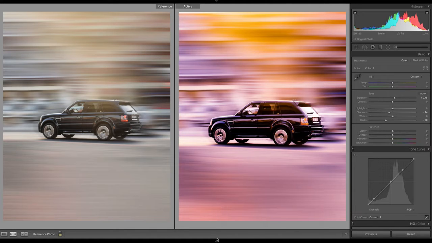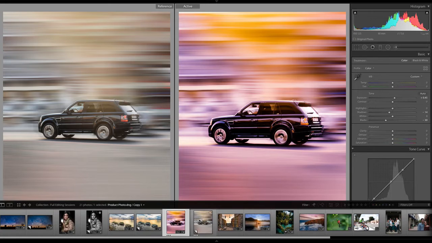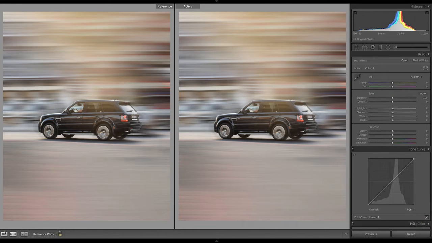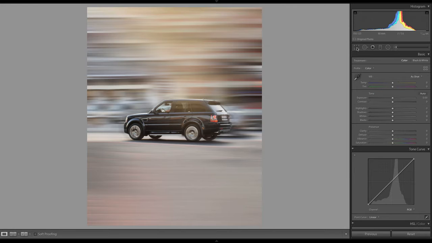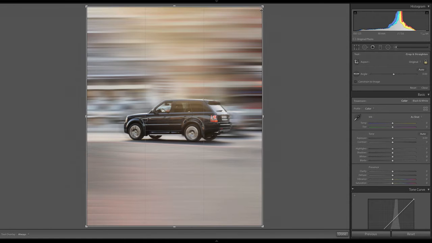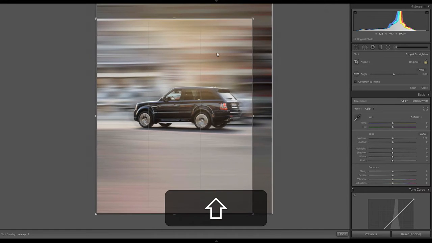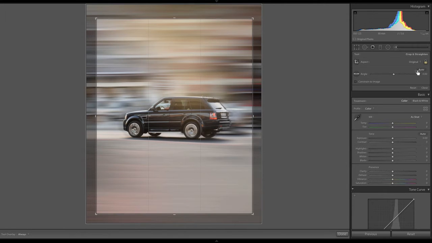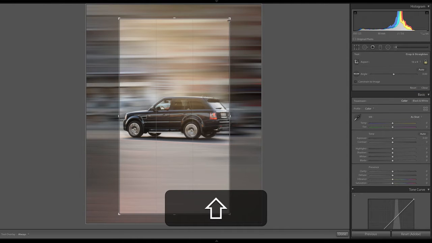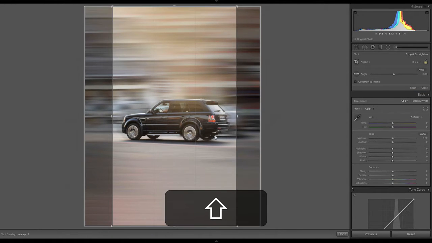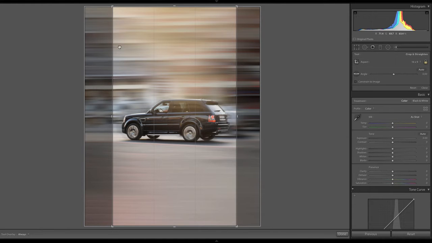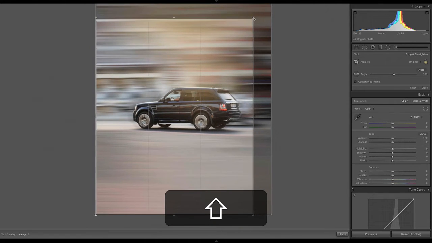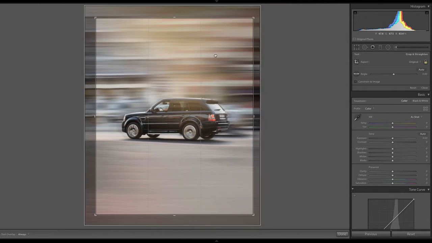So if you want to follow along, make sure that you open up the product photo shot and let's dive right in. So here's the photo we're going to be editing. The first thing I'm going to do is crop in just a little bit, just so we can get a little bit closer to this car. I am still choosing to use the aspect ratio of the original photo. If you are choosing something, maybe you want it to be like for the background of a mobile phone or a mobile device, something like 16:9 might be kind of cool. I think that is a little bit too skinny for myself, so I'm just going to choose as shot, bring it in just a little bit, something like that.